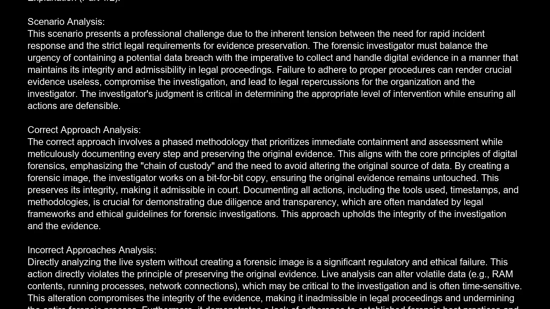Incorrect approach analysis. Directly analyzing the live system without creating a forensic image is a significant regulatory and ethical failure. This action directly violates the principle of preserving the original evidence. Live analysis can alter volatile data, e.g., RAM contents, running processes, network connections, which may be critical to the investigation and is often time-sensitive. This alteration compromises the integrity of the evidence, making it inadmissible in legal proceedings and undermining the entire forensic process. Furthermore, it demonstrates a lack of adherence to established forensic best practices and potentially violates legal